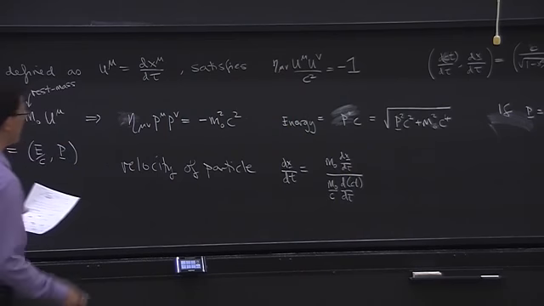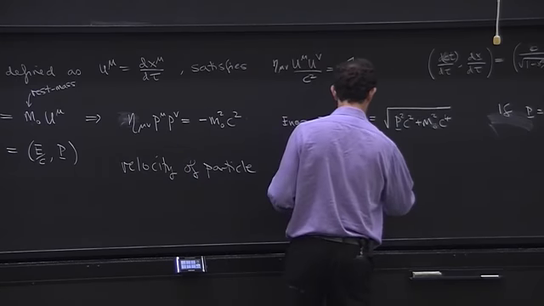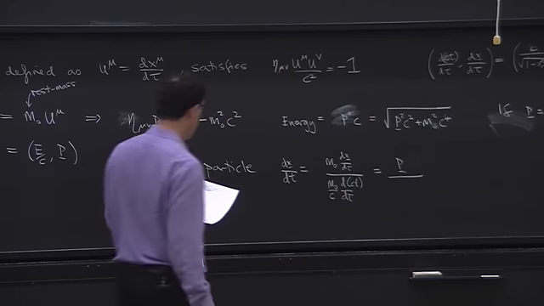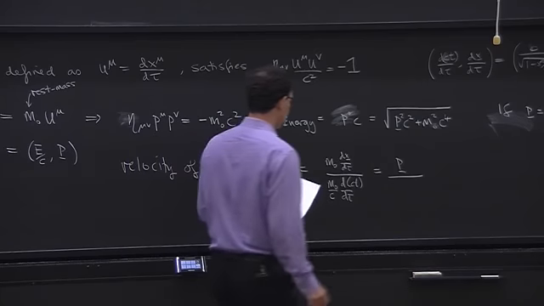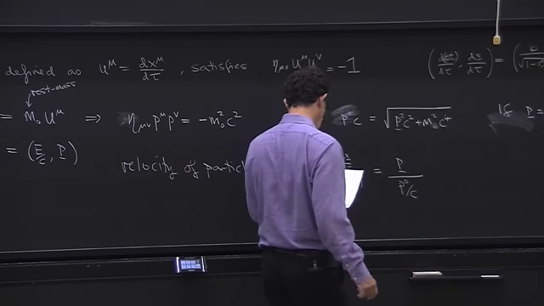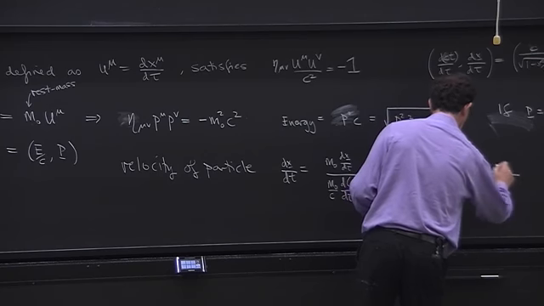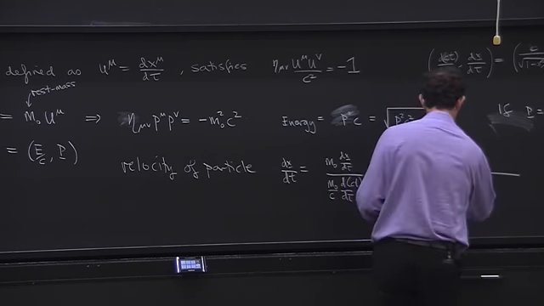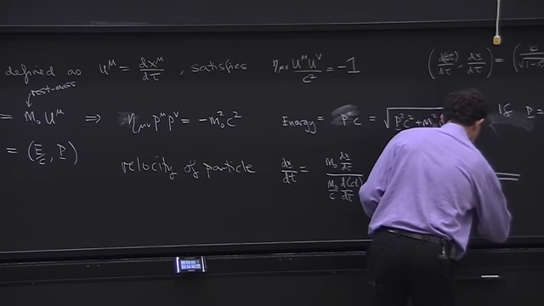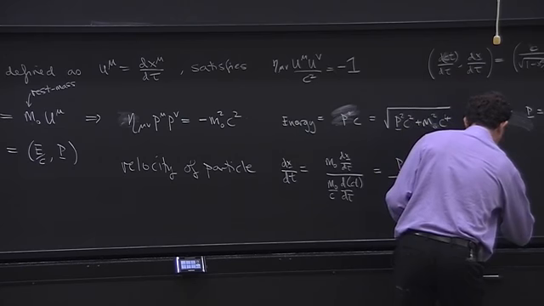Okay, so that's just an identity to calculate dx dt. The numerator is, of course, the spatial components of the 4 momentum. The denominator is the time component of the 4 momentum over c. And so this is equal to p. The velocity is the speed of light times p over the square root of p squared plus m naught squared c squared,